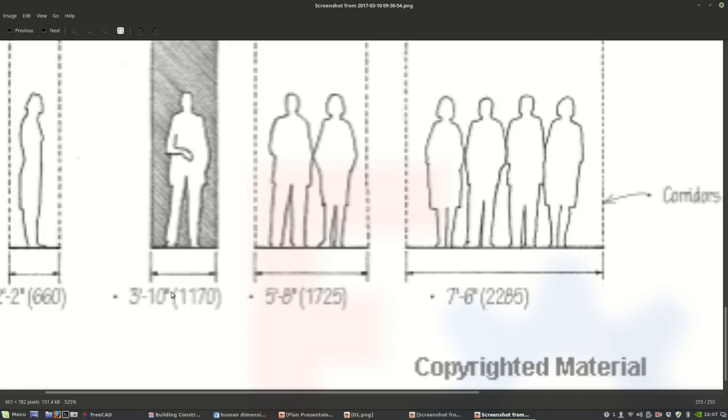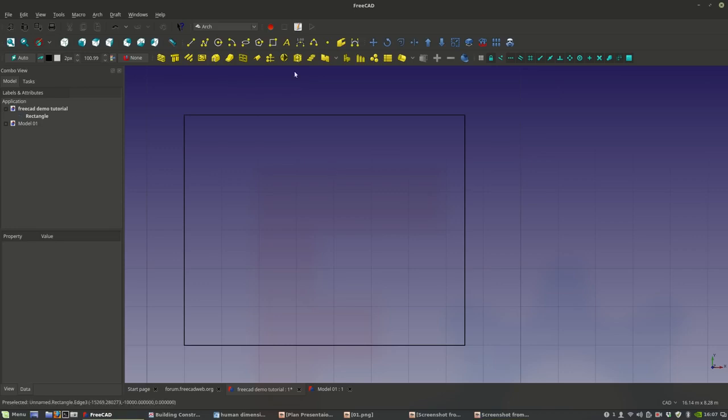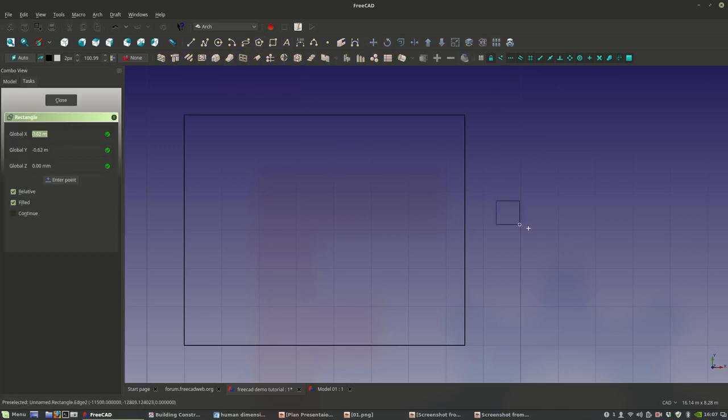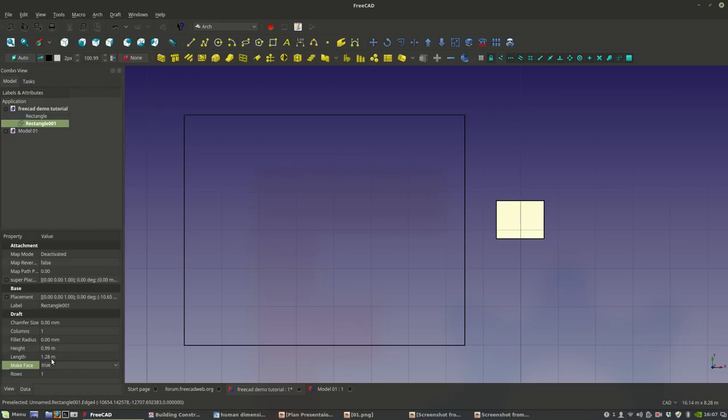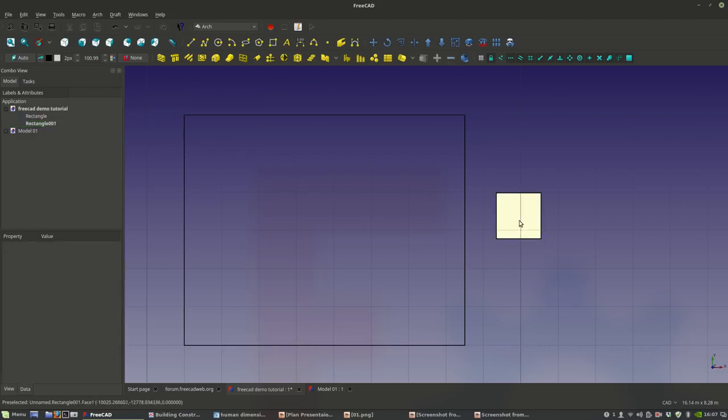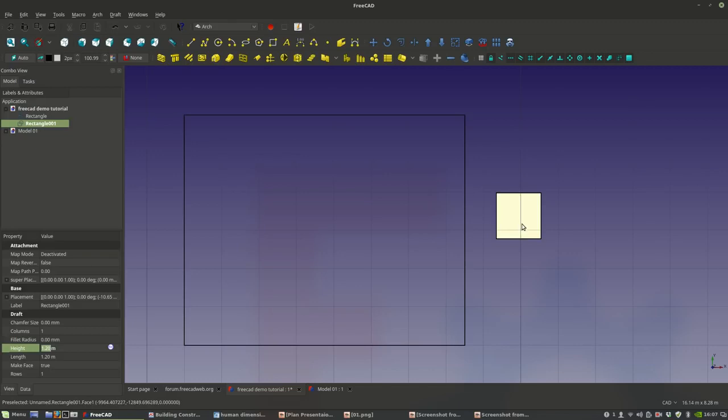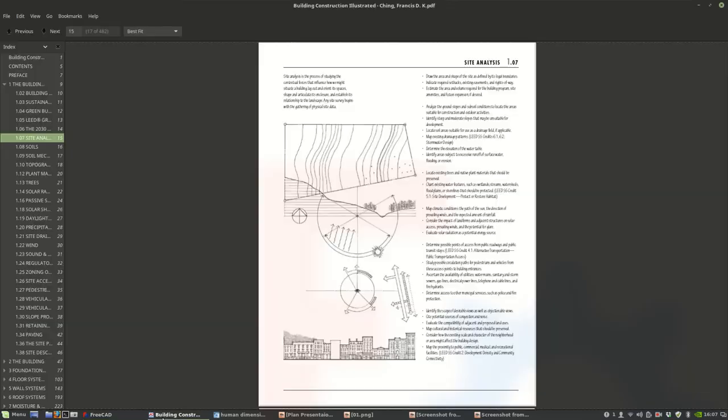So we want to take that reference into account when we're working in FreeCAD. We want a box that's going to be, let's say, 1.2 meters wide by 1.2, by 1.2. That's going to help guide us with whatever relates to the corridor space that we need in terms of circulation. Okay,